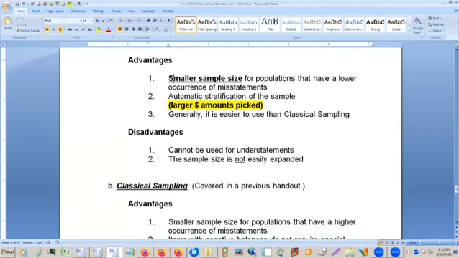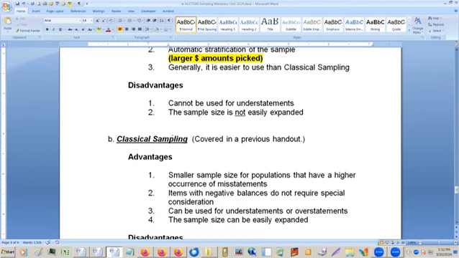You get to item number 40 and 12 of them are messed up. You go, okay, I know where this is going. At the same time, you get to 40 and there's nothing wrong. You say, okay, I know where this is going also. So a lot of times when you're actually doing the testing for classical sampling, you will find, just intuitively, whether there's going to be a problem or not.